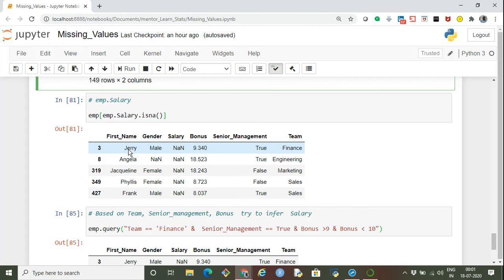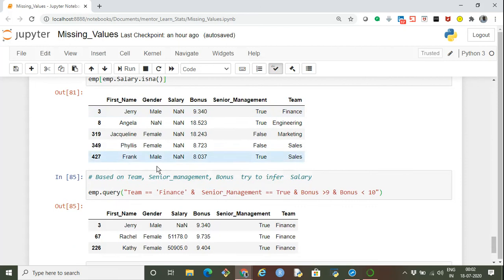Jerry works in the finance team, belongs to senior management, and got a bonus of 9.340. So I'll select all those records from the employee table who work in the same team, that is the finance team, who also belong to senior management, and who also got a bonus between 9 and 10. Let's see what the salary of such employees is.